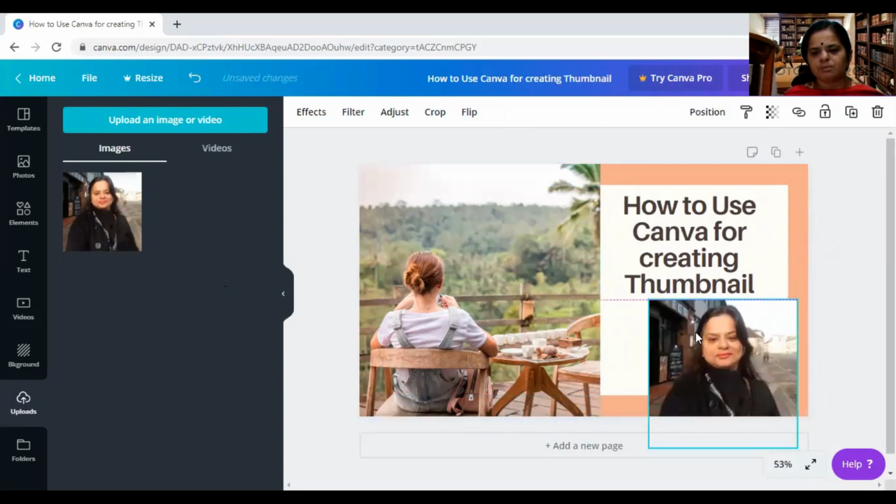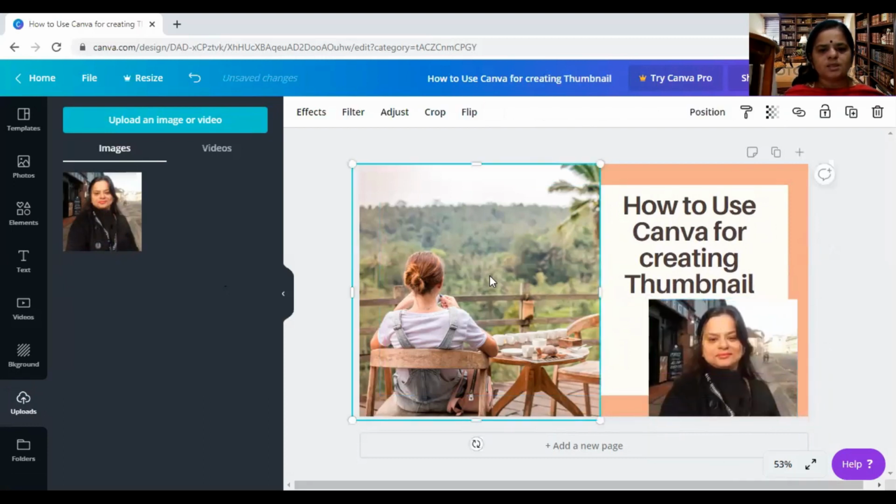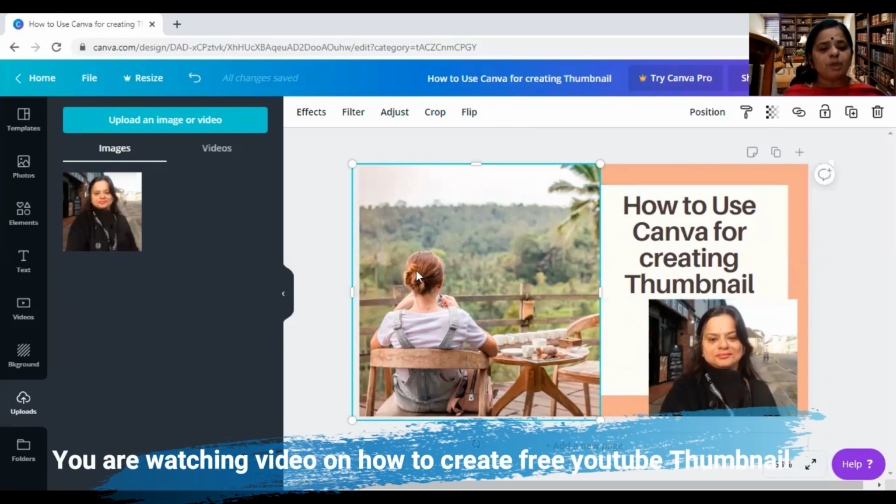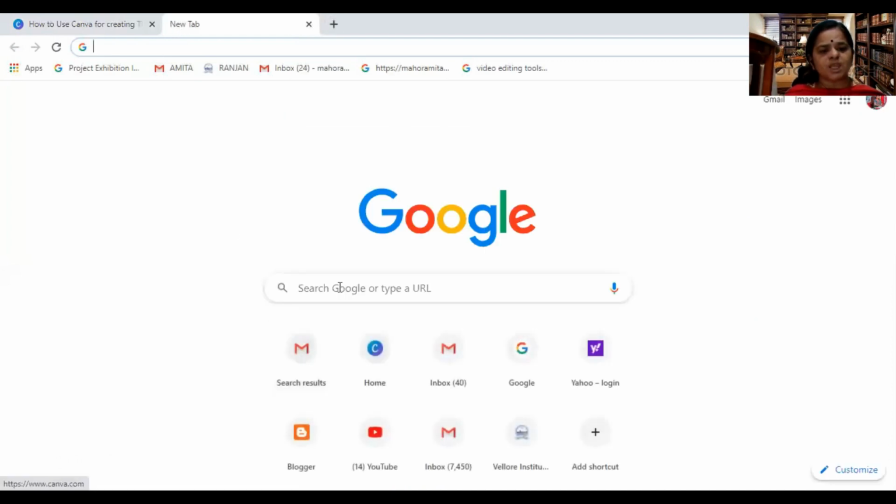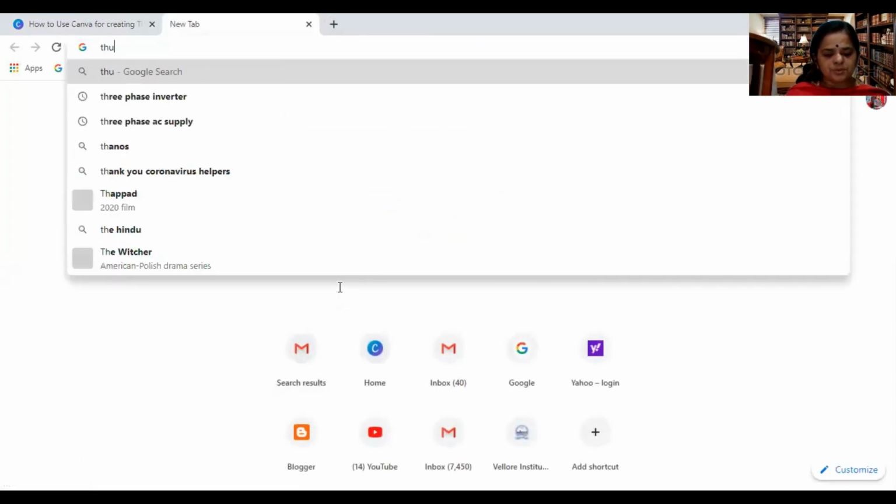You can put your image here, and here you want to give some images for the thumbnail. Here mainly we want to put those images which relate to the topic of your video. I'm making a video about making a thumbnail, so let's search for some good thumbnail images in Google.